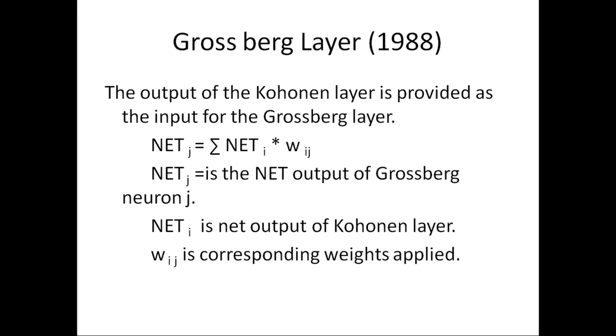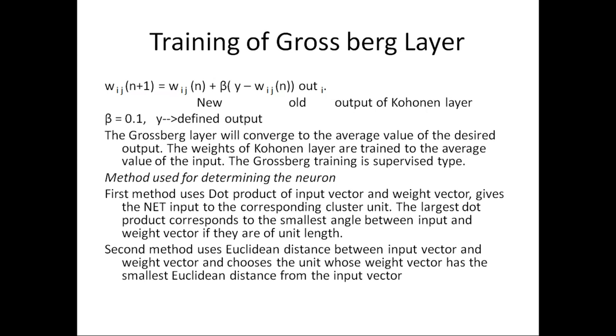As I told you, wij is the corresponding weight, because between two nodes a weight is to be applied. Now how do you go for the training of the Grossberg layer? As you know, the training is only the weight adjustment. So wij(n+1), that is the new weight, is equal to wij(n), that is the old weight,